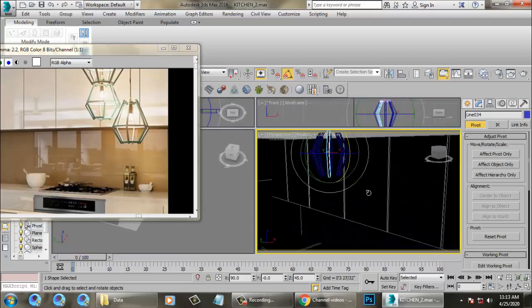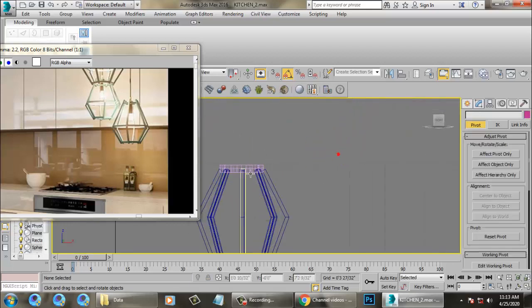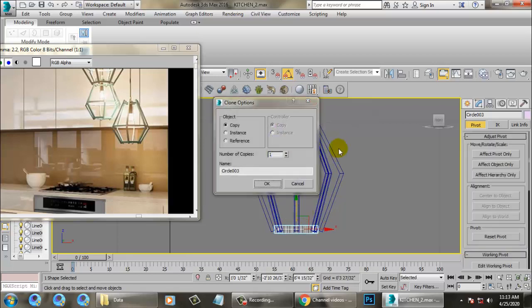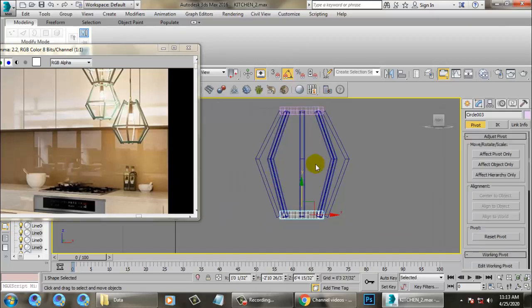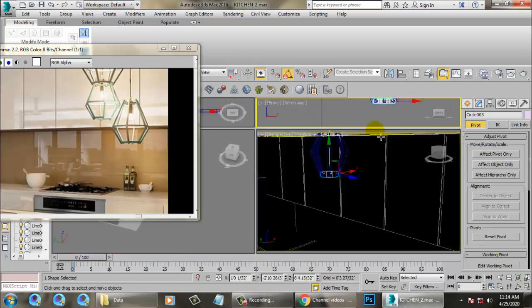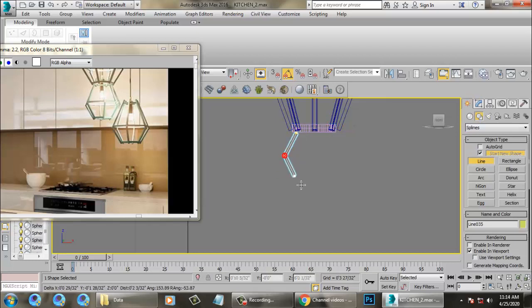Alright. Once you're done with this, I'll drag this and push it down. Much better. Again I'll go into the line and make it very small.